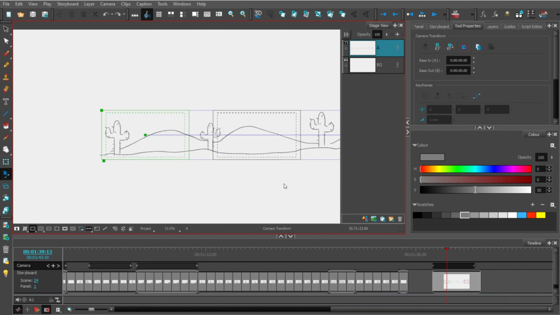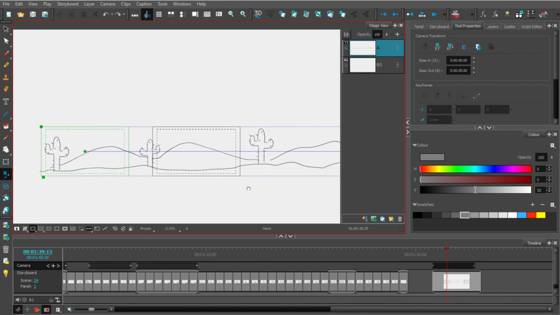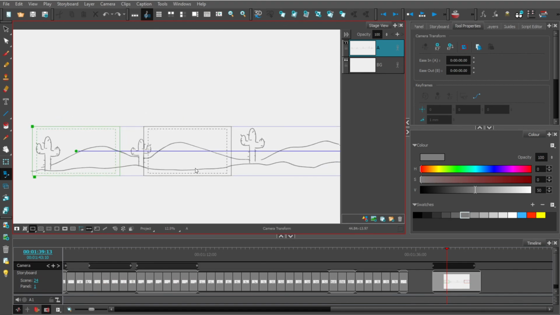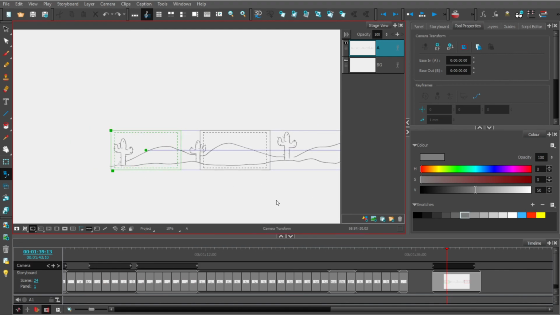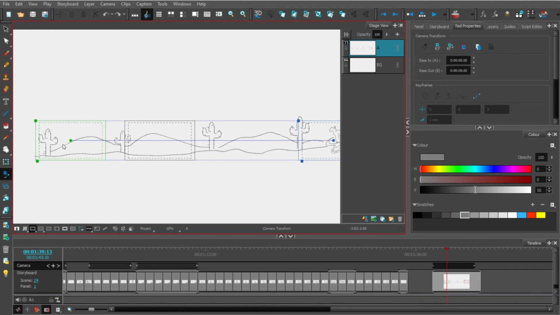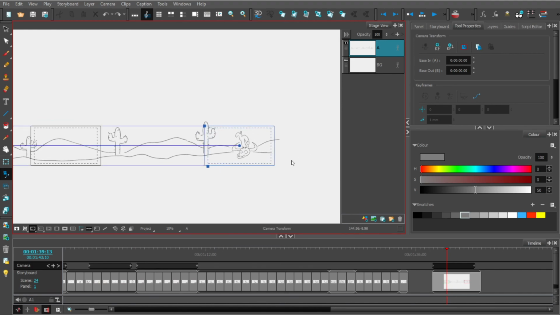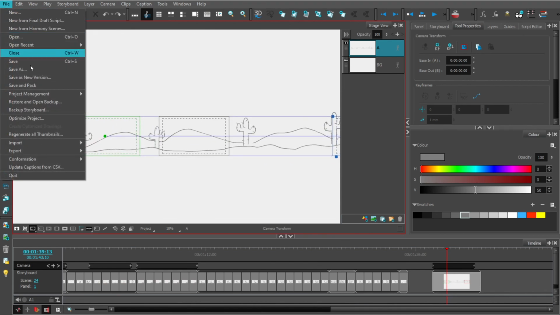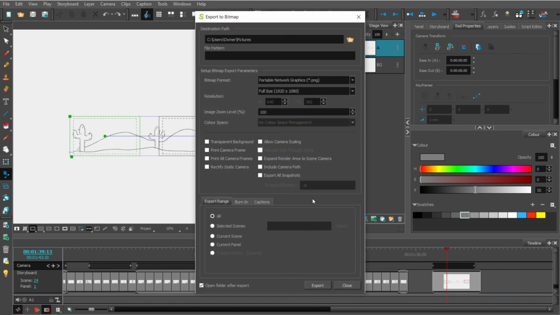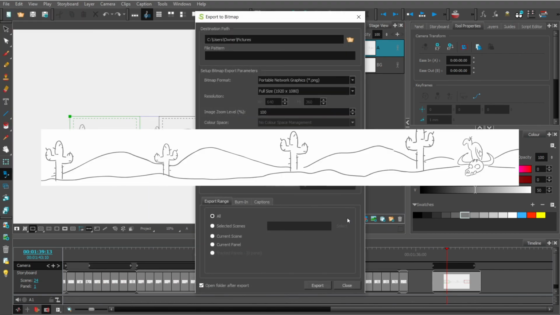So I see a lot of students, if they have a camera pan like this, if they do single board storyboards and it's up on their portfolio, a lot of times I'll see literally this, where it will just be a long panel, and that could be really disorienting, and it kind of takes you out of the storyboard. What I mean by that is, I'll render it for you real quick and I'll put it up on screen. This is what it looks like when you don't do any keyframes with your panels, like a big